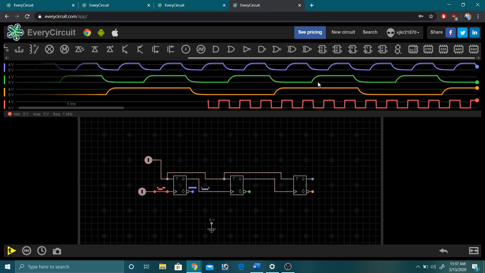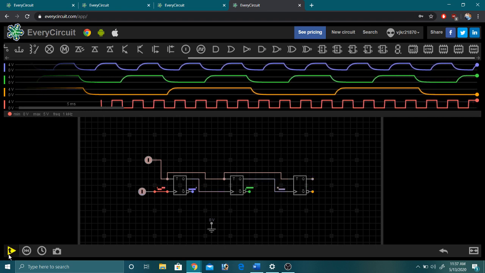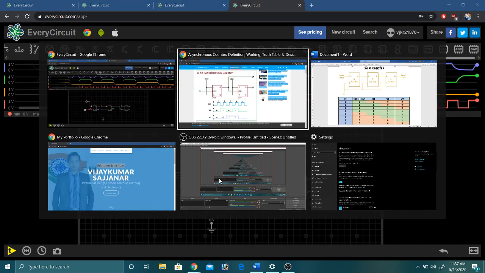Okay, so we have enough values here. Okay, sorry, we'll simulate for some more time. We'll analyze this part: 0 1 0 1 0 1 0 1 this way, 0 0 1 1 0 0 1 1, 0 0 0 0 1 1 1 1. So this is our truth table.